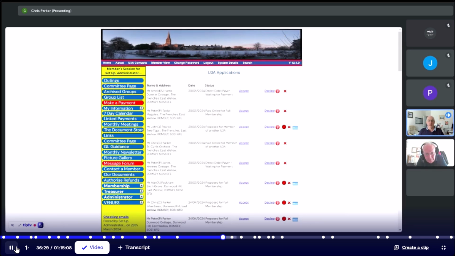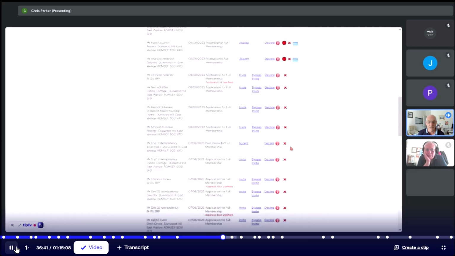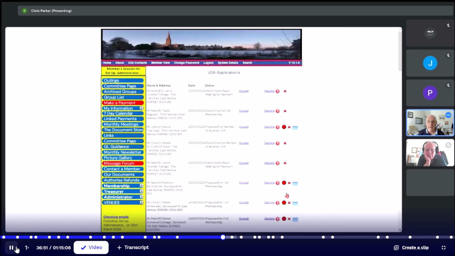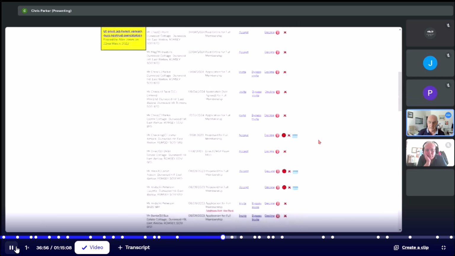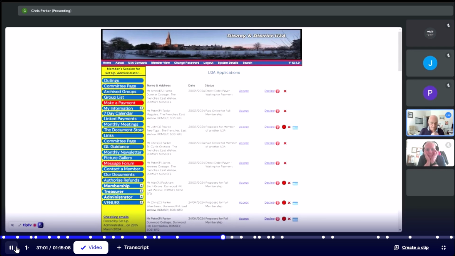Right. Okay. So the one other thing on this page here is the red clock. The red clock is that if, let's say, you've had an application which has been sitting in here for some time, we can go back to some of the old stuff that's here since May 2023, you can click on there and it will send a reminder to them to say, do you still want to join? It's the same email that comes out